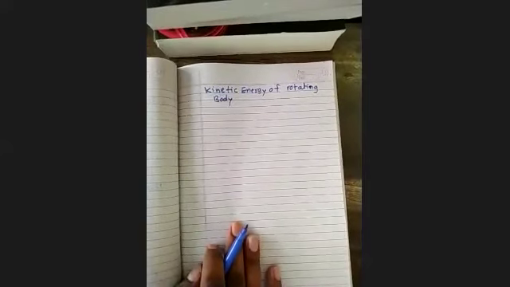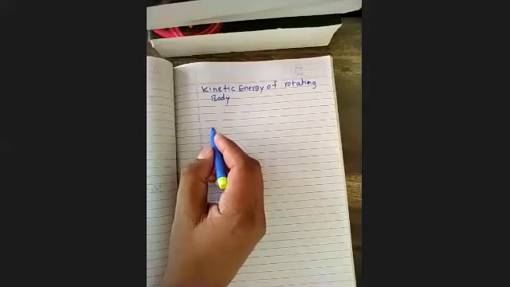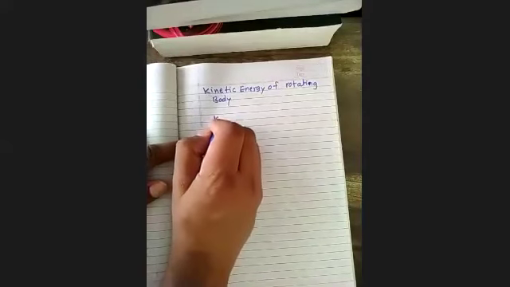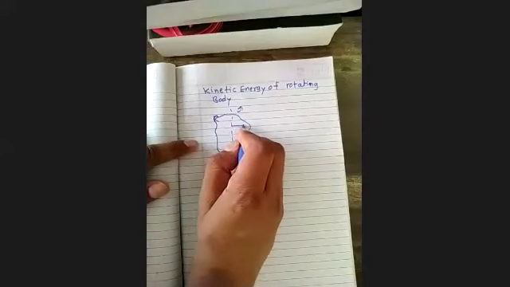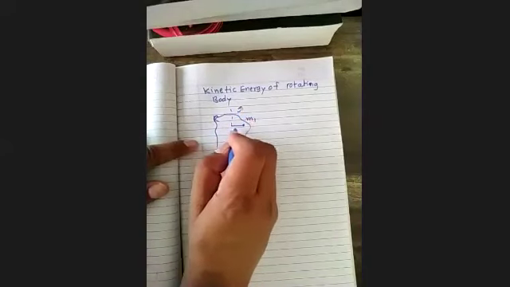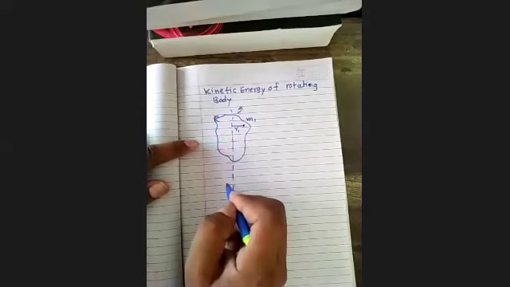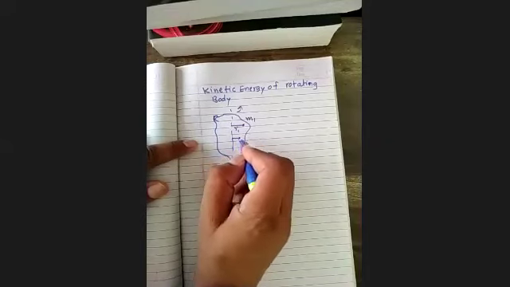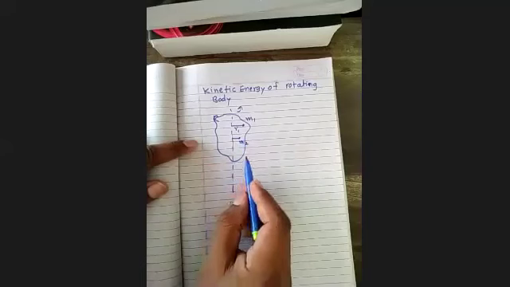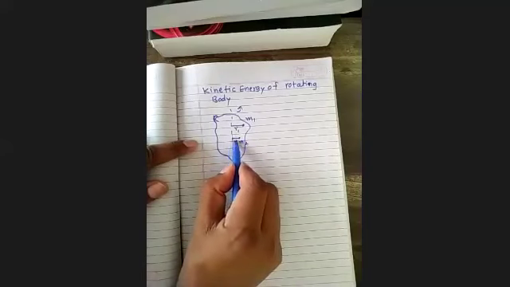Now, what exactly is kinetic energy? For example, we knew that. Suppose there is a rigid body, and that body is rotating about this particular axis. Say first particle whose mass is say m1, which is at a distance r1 from this axis of rotation, right? Take a second particle, say whose mass is m2. Particle means point mass we can consider, right? Mass is m2, which is at a distance say r2.